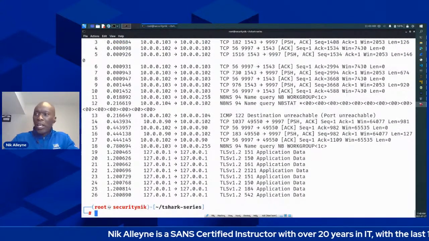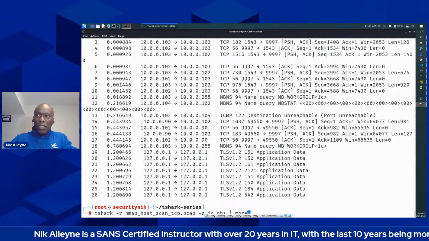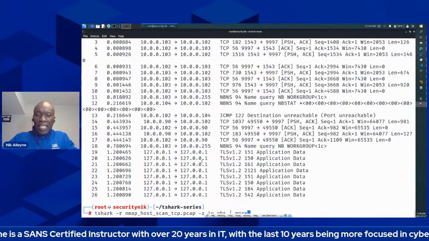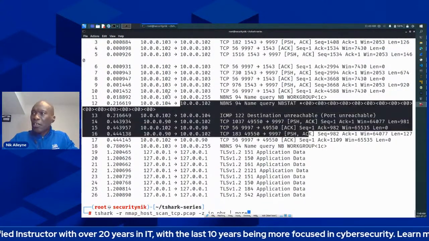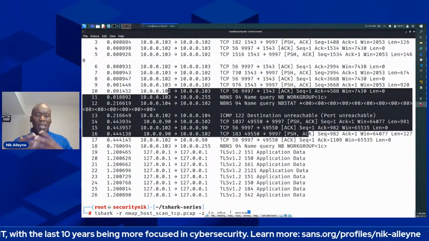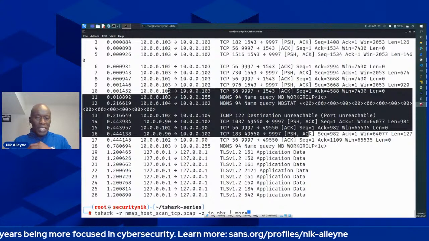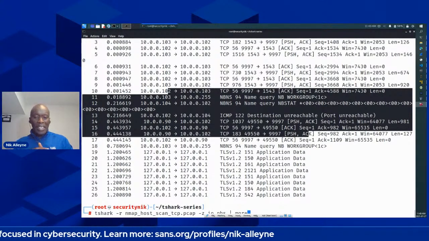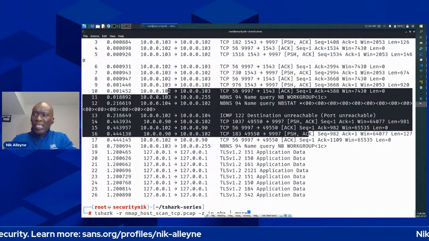So now, as you remember last week, when we use the -z io, we have all of this information here, which ultimately we will see the protocol hierarchy, but to be honest, that is not what we're interested in. Class, welcome from Netherlands. Glad you're here. What we want to see is